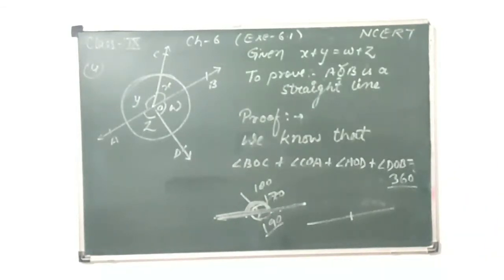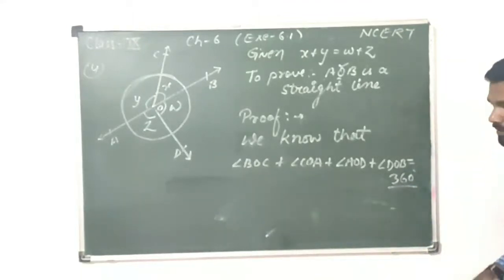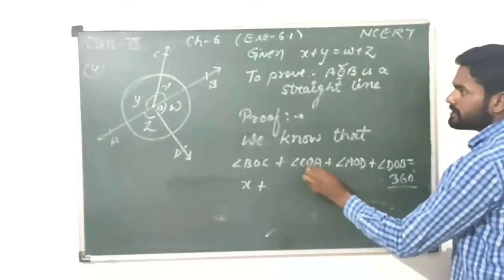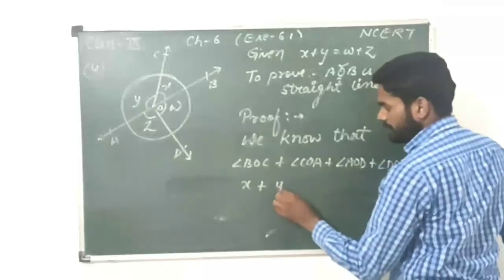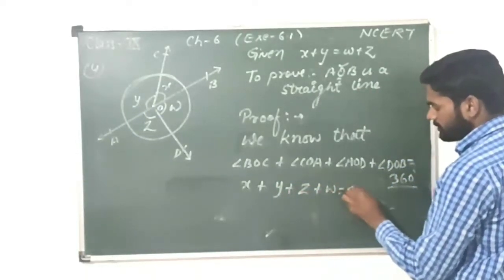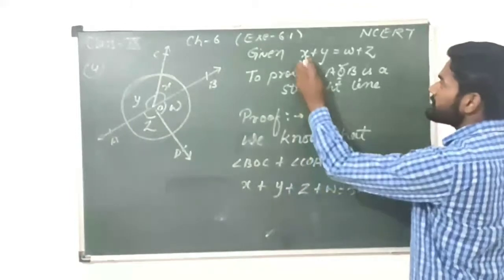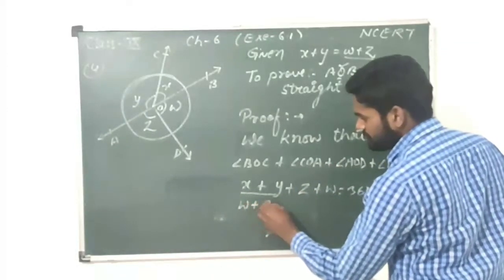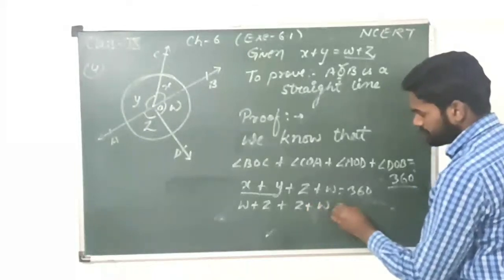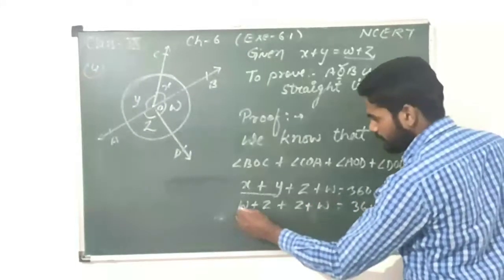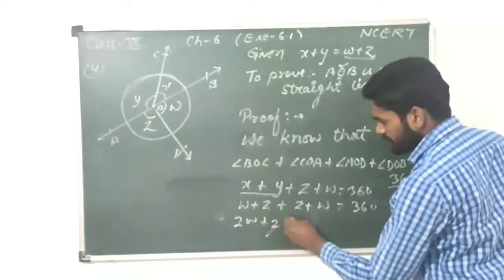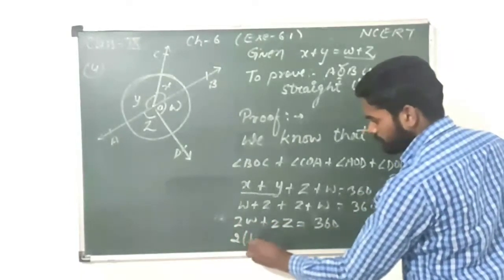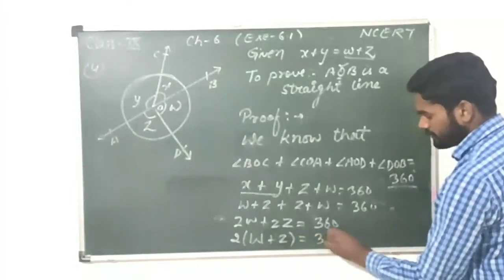Let's do it then. Angle BOC is X, this one COA is Y, next is Z, and next is W, and the sum is equal to 360 degrees. According to this, X plus Y is equal to W plus Z. So in place of this one I am writing W plus Z plus Z plus W is equal to 360. 2Z plus 2W is equal to 360 degrees. 2 common, W plus Z is the remaining value, which is equal to 360